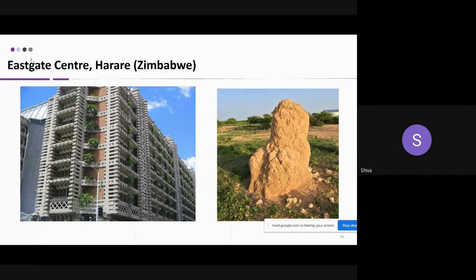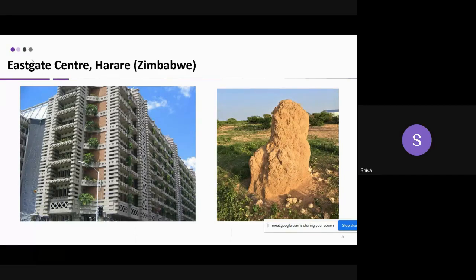Now, any architect worth his salt would have left that project saying, I'm sorry, I can't do that. But fortunately for the world, fortunately for us, Mick Pierce was also an ecologist. He loved termites and he was constantly studying termites. So he looked at termites and asked, how does a termite maintain temperature inside its tomb? And he found that they have intricate systems of tunnels wherein they maintain the temperature, and he imitated,